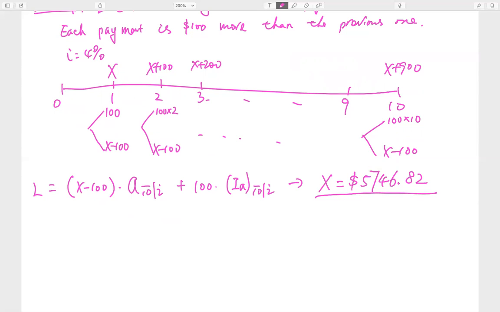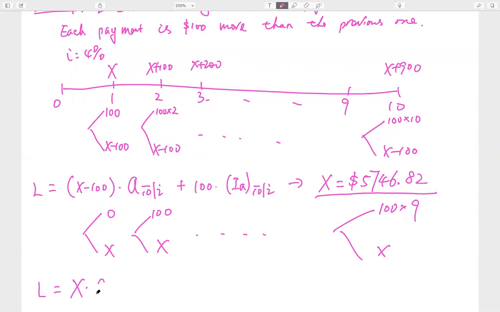$5,746.82. You can think of this slightly differently. 900, I can write it as 100 times 9, here's x, okay? So obviously the bottom one is very easy to handle, right? But for the top one, I have my first payment at time 2, my last payment at time 10, and obviously I have 9 payments,